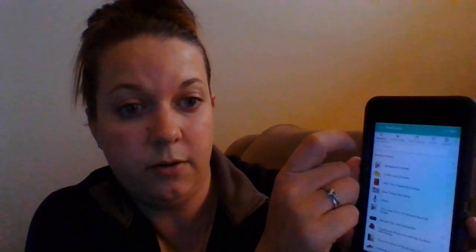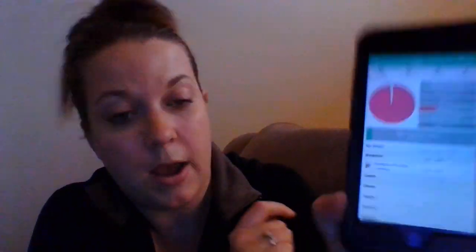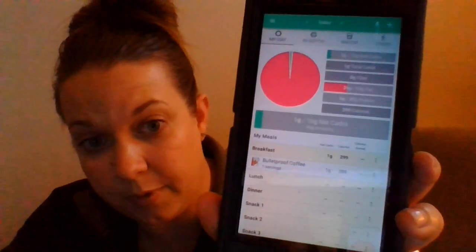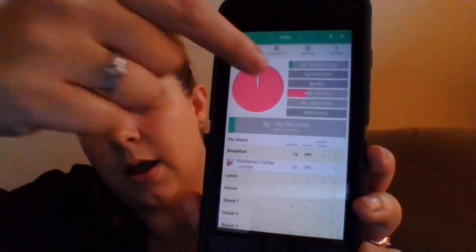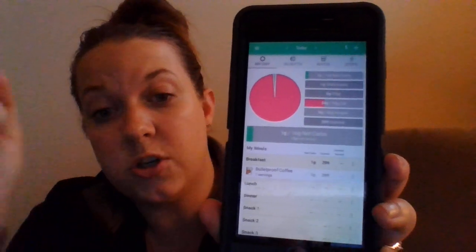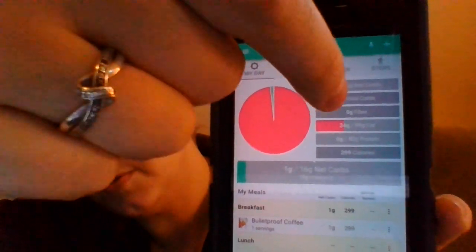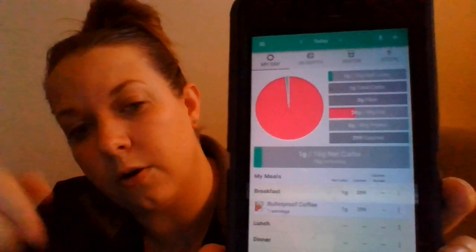And I click out of there when I'm all done. And now you can see that it's added. So now under breakfast, you can see my bulletproof coffee. You can then see this box of my net carbs going up or down, and here is the pie chart, which is super important. But over here too, you'll see all of your carbs, your net fiber, all that, or